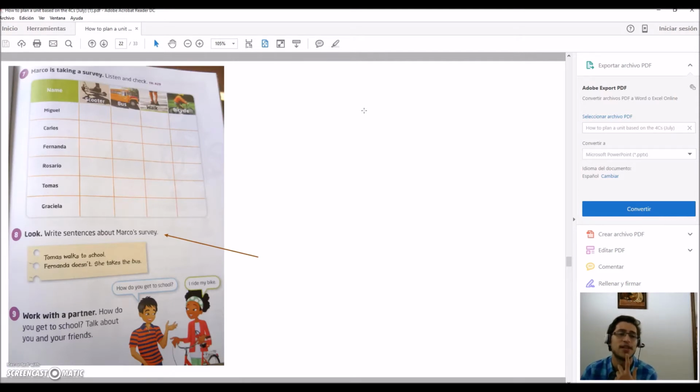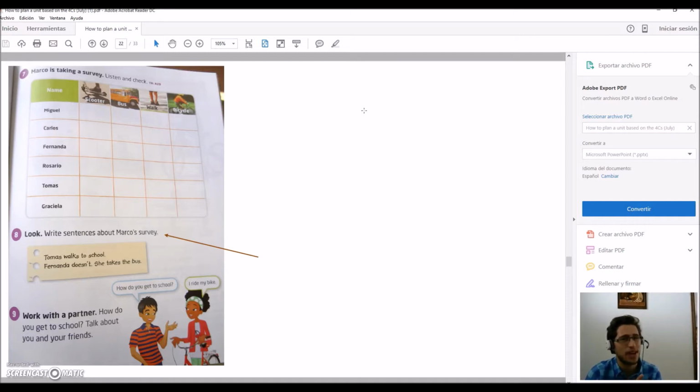Then I found that students are going to learn how to interpret a survey and how to write sentences about a survey. If we deeply analyze it, students are learning something more than language. Students are learning how to deal with surveys, and in their real lives, that's going to be useful because they are going to face surveys on the streets, on the news, in their universities. So that's very important, and that's something more than language. That's just an excuse through which students are learning English as well.